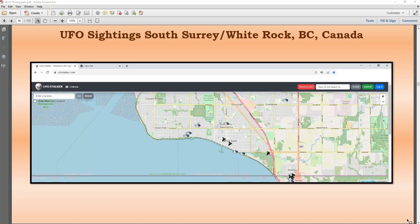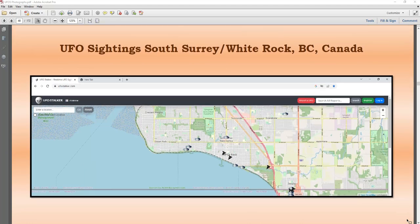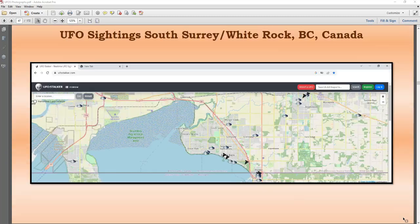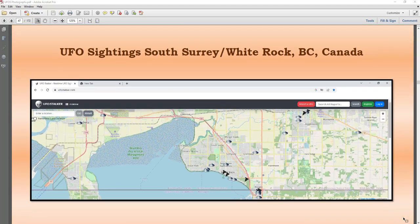Tracking UFOs, reporting it, and the summaries, the actual reports on these maps of these locations where these UFOs have been spotted. Probably people have been abducted, have experienced weird things in these locations. I know I have. I've had portals open up and close in my house, beside my house, vortex energy, UFO sightings, UFO abductions, into the secret space program stuff, and probably much more that I'm not even aware of and don't really want to know about at this point. I pretty much know what I want to know in terms of my SSP history,